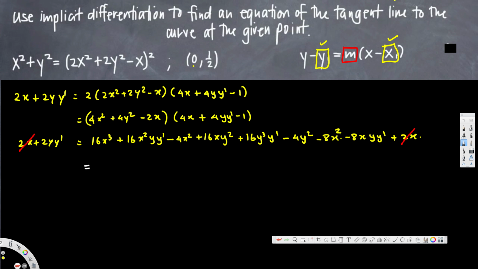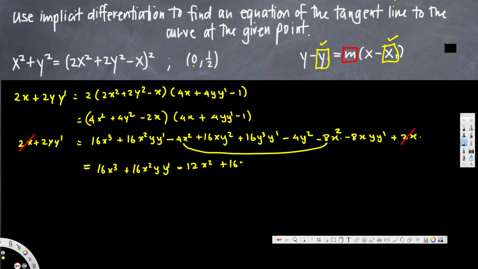This one is 8x square, so I can combine these two together. Here you can see we have x square, this one also x square, so the whole thing is going to become negative 12x square. So this is going to become 16x cubed plus 16x square y prime minus 4x square minus 8x square. We can combine these two together, that's going to give us negative 12x square, and then we have